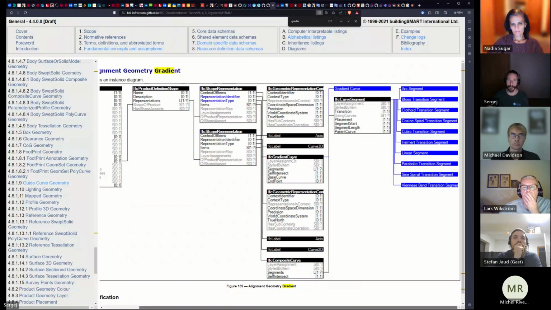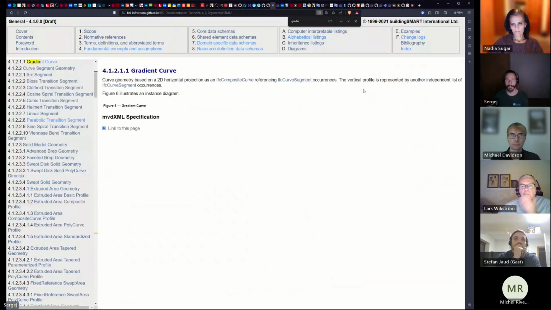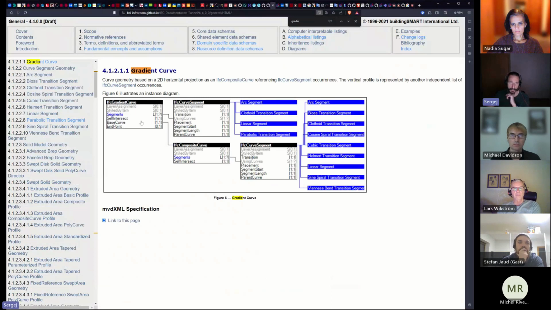So the structure of the gradient curve can then be accessed through this blue link here, which tells us that a gradient curve is built from a, so this is a partial template in BSI terms, and the gradient curve is compiled from, sorry, from a base curve and segments. So the segments are the vertical part, that's this definition, and the horizontal is this composite curve part that references